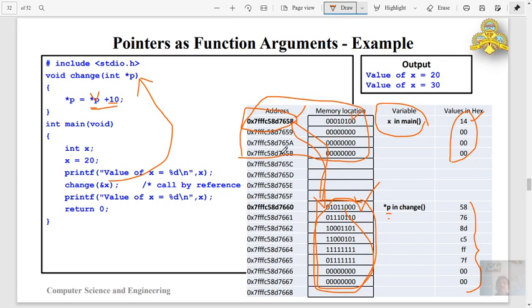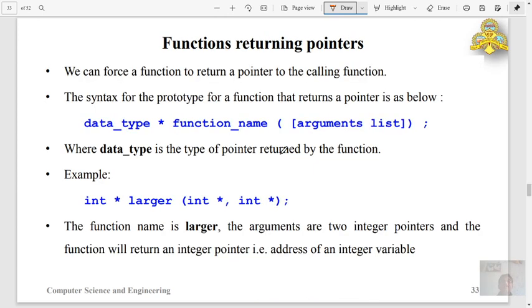So this is the use of pointers as function arguments, that is called by reference. Now functions returning pointers, it's a simple point here. From a void function I can make changes to more than one variable. Here I take pointers, and the general format is like this: the data type returned by the function